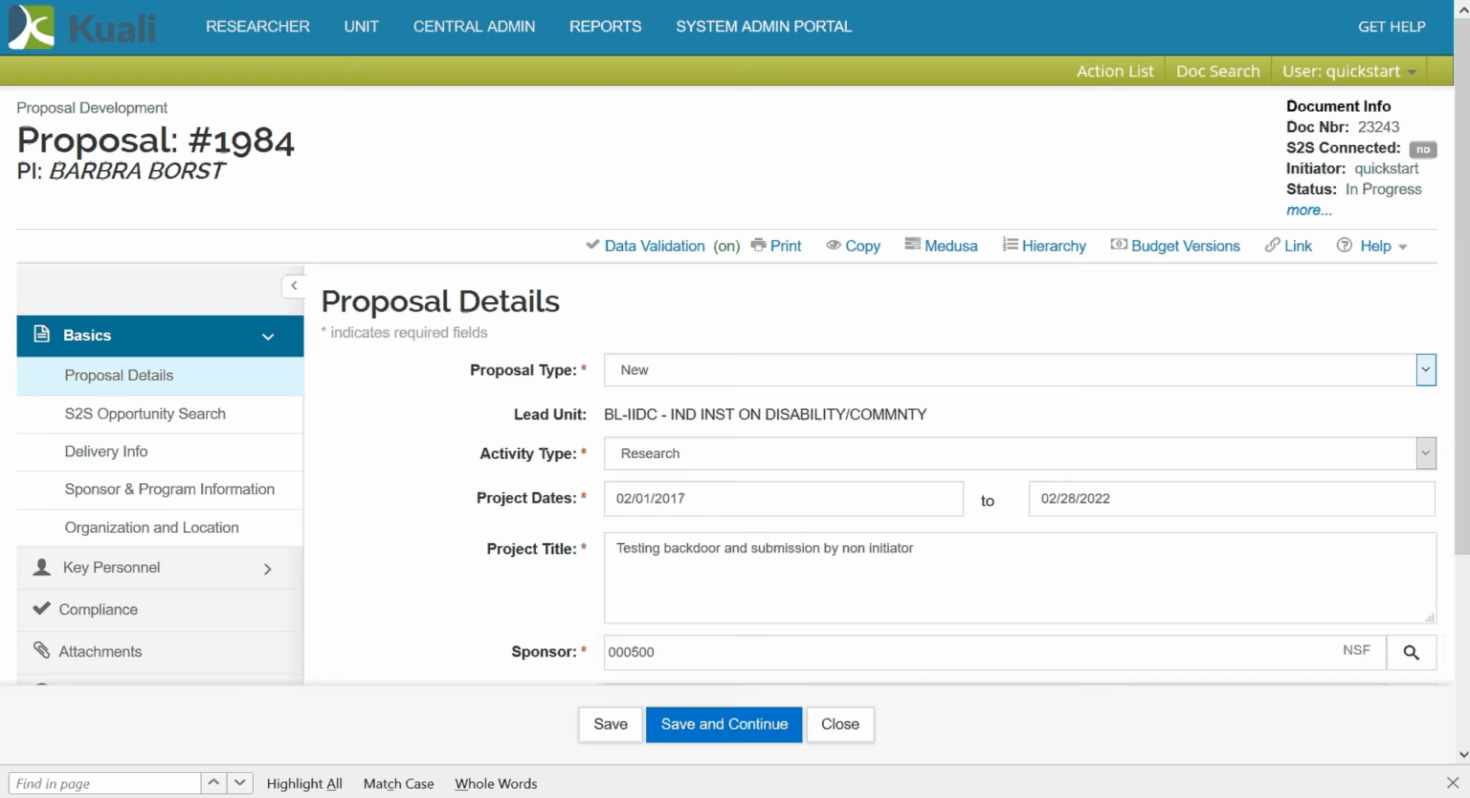Hello, today I want to talk through using the backdoor functionality in the Kuali test environments. This is a feature where you can log in as a user other than yourself. Some of the scenarios that you might want to use this is testing certain use cases that require multiple users,